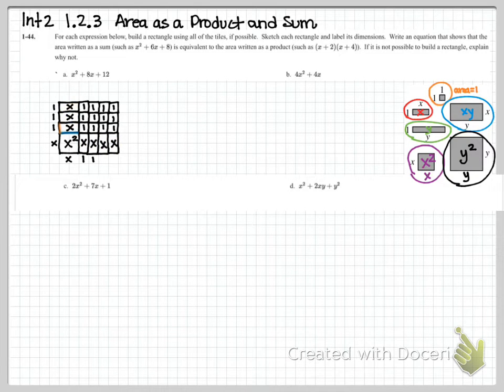Now you can put it off to the right or you can put it on the top. It kind of depends on you. But again, this is like a guess and check situation that I'm going through. And if you guys have gone through and used tiles in the past, we're not going to spend too much more time on this. I just want to make sure I don't lose everybody in the process of this. So if we go through, we've got 1, 2, 3 tiles, 4, 5, 6, 7, 8. Okay, good. Now, we've got all 8 of our X's out there,